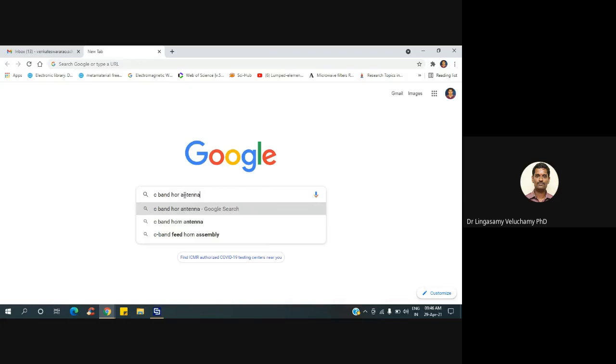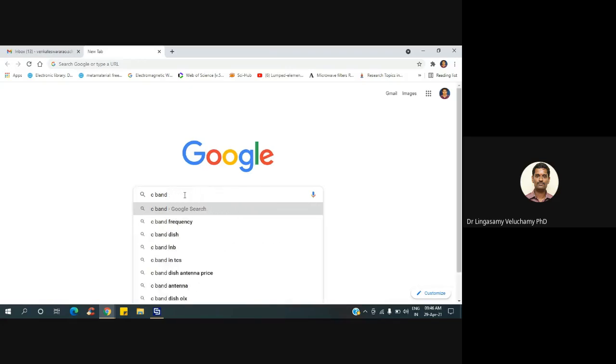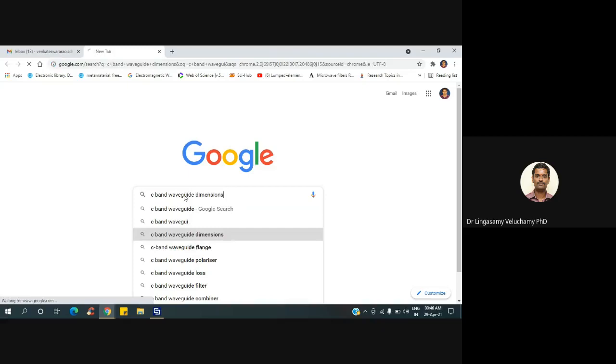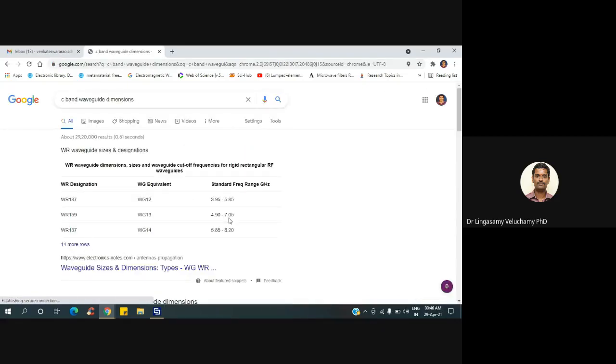These are all standard gain horns. So initially you can start with this, then waveguide dimensions. This is the one, yes, sir. 3.95 to 5.85. This is the number, WR159, and the WR13 equivalent.